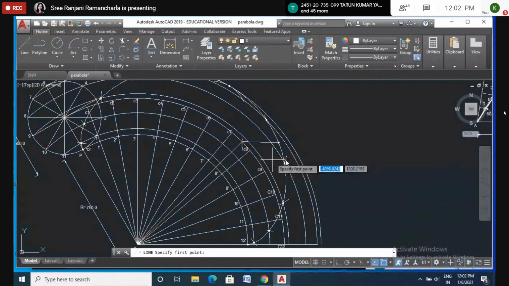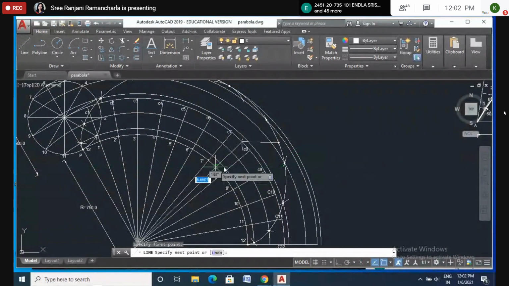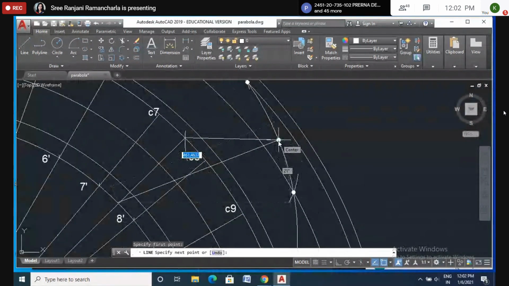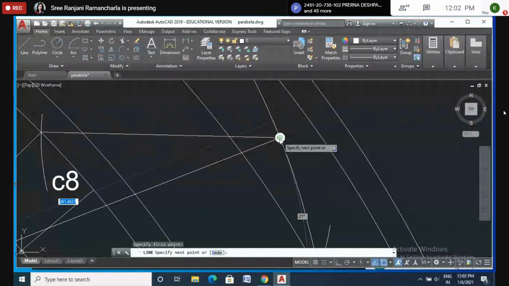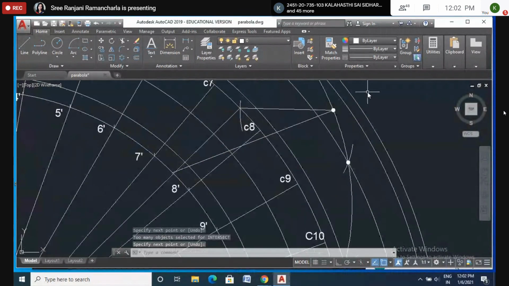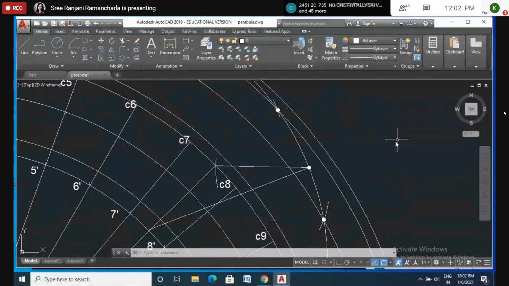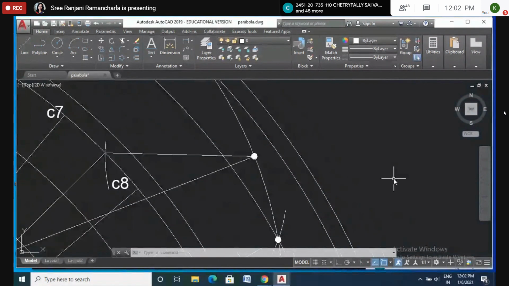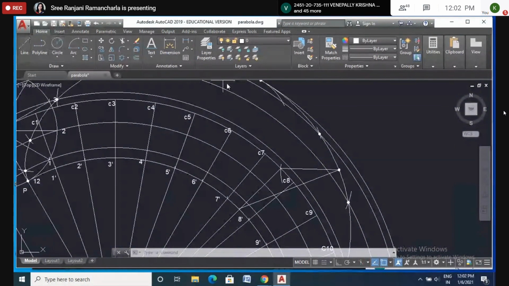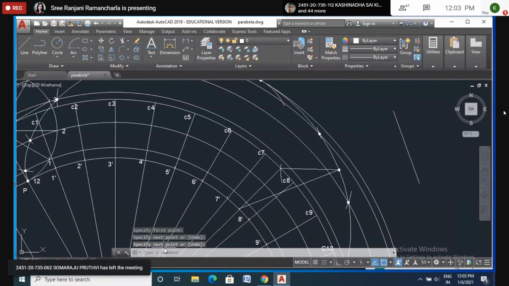Normal. Now let us check whether it is exactly normal or not, because I'm getting a doubt. It is not a normal. We are not getting a normal. Yes, we are getting a normal. Okay. So sometimes, if we cut this side and then join this one like this, we may not get this normal. Even so, here we will check whether we are getting a normal or not. Okay, I will extend this line. Extend.